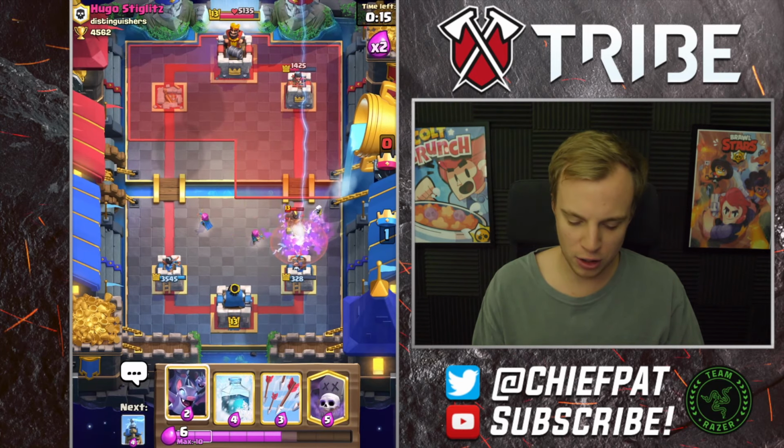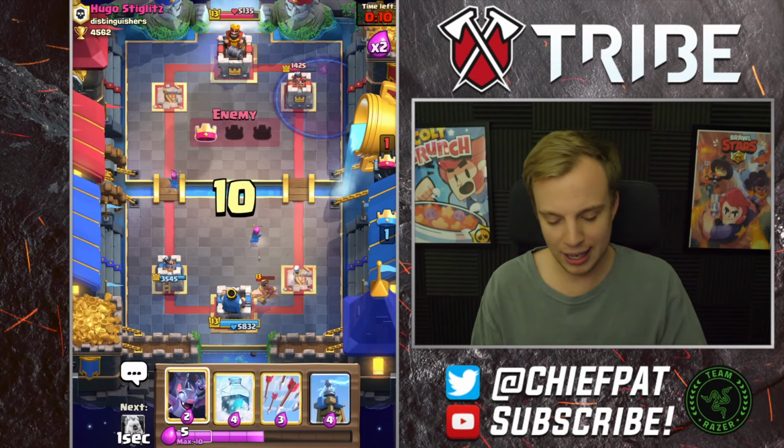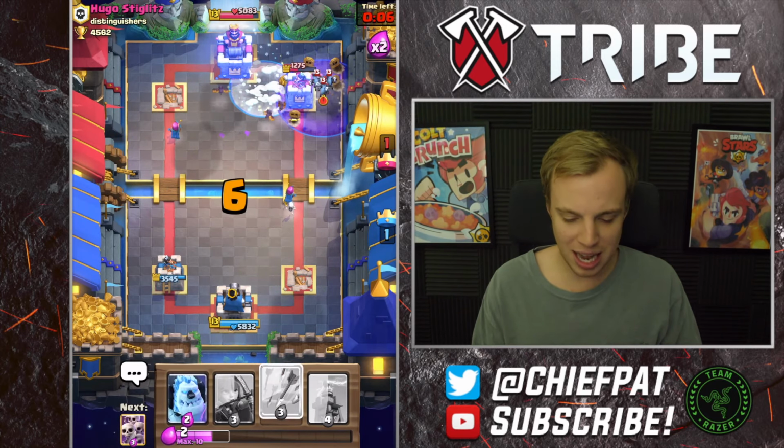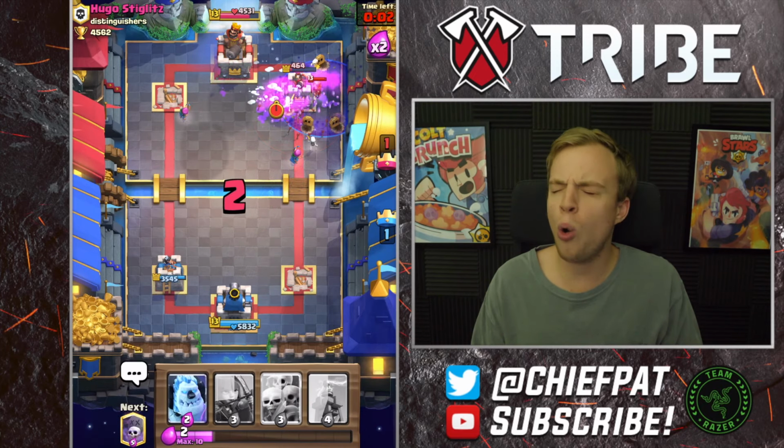Hopefully he doesn't have quick fingers for the Zap, which he does. Very nicely played from him. He'll end up taking that tower right there. And guys, time to go for the Bats Graveyard combo, because he doesn't have a Zap in cycle, which means my Bats are going to start doing some work. Arrows running on in, minions doing their...